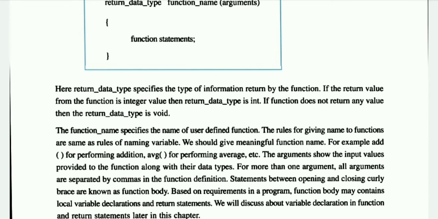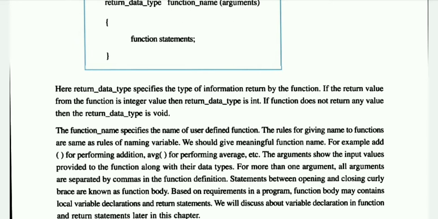And the statements between this opening and closing curly braces are known as the function body. Means whatever you write between the opening and closing curly brackets, that part is known as the function body, in which we write all the things that we want to perform using that function.